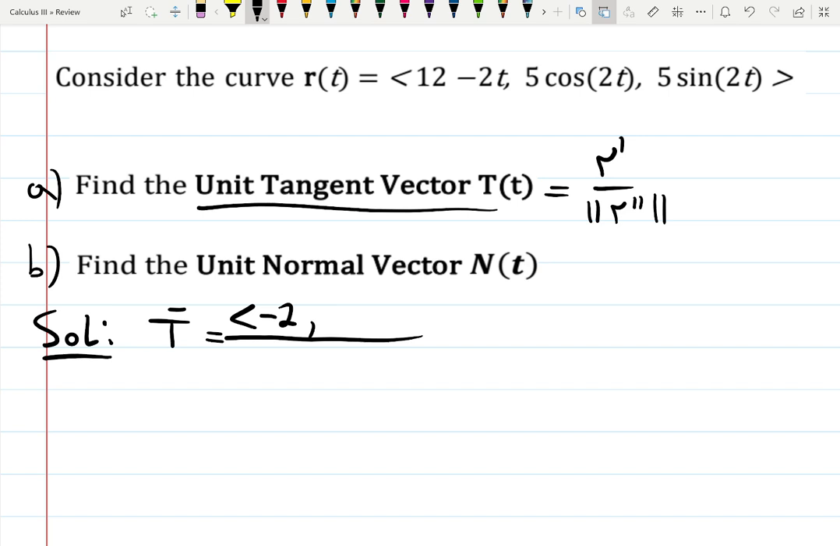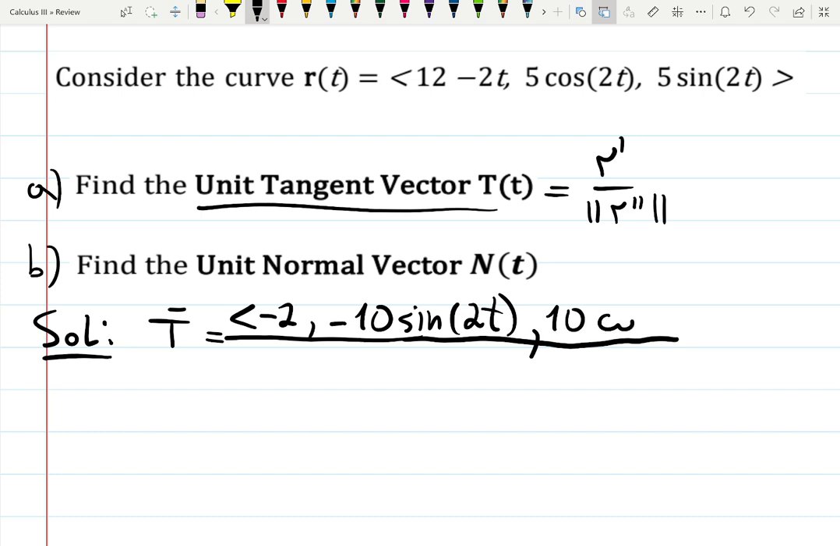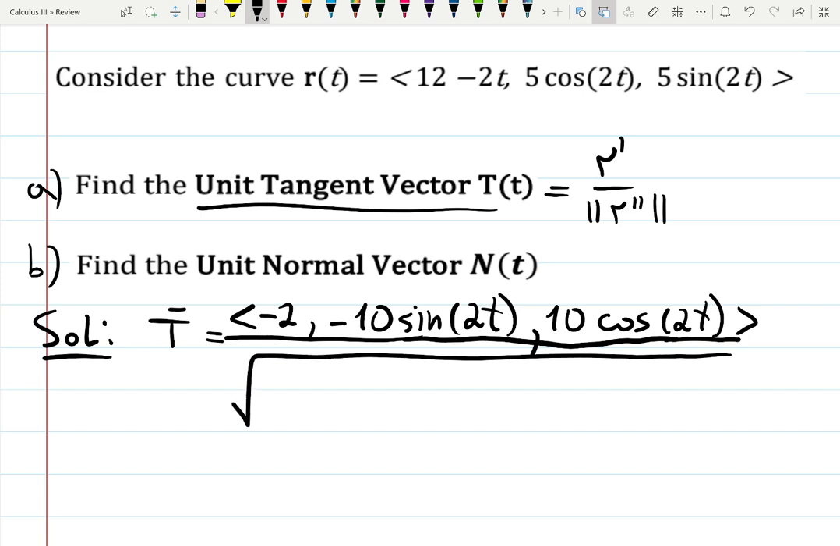In a different video, I think I did this vector already, so I just speed it up. It's going to be minus 10 sine of 2t. Check your chain rule and review the derivative of sines and cosines. And then 5 sine of 2t gives me 10 cosine of 2t. This is r prime. And then the size of r prime will be